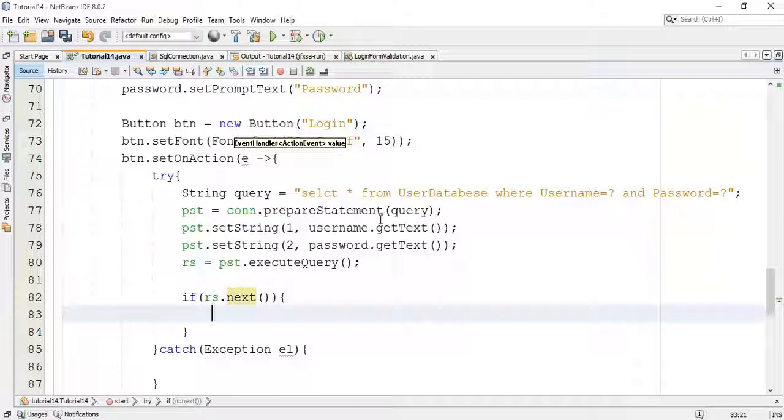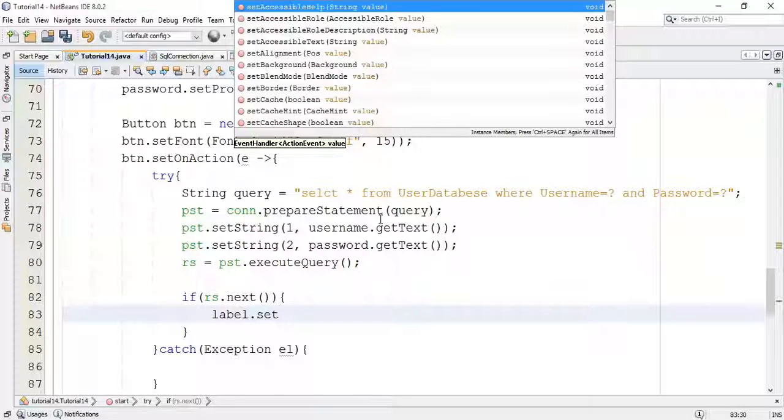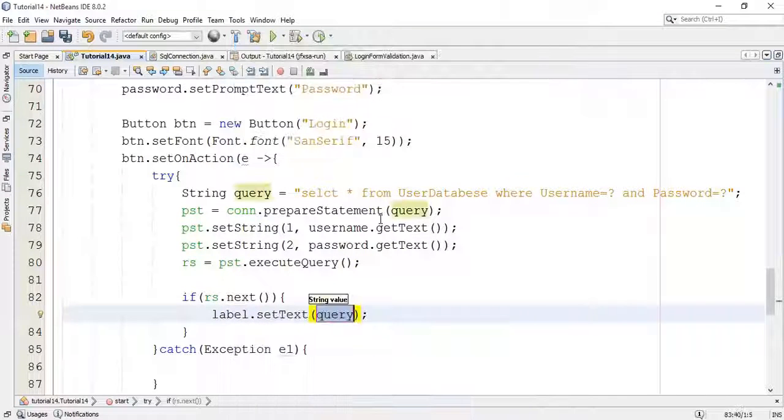with the database, and if it matches with the database we are going to print on label set text, login successful.